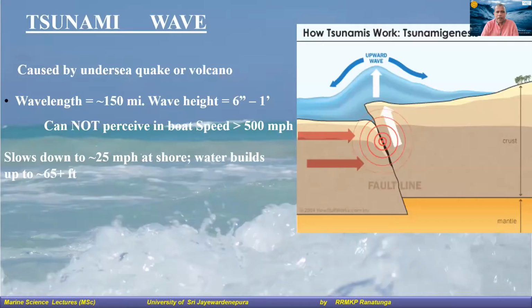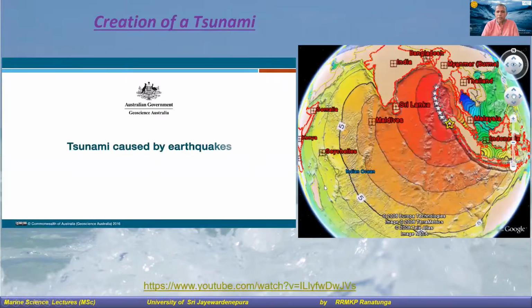Besides rip currents and the other localized currents, there is the tsunami, which you already know. I don't want to go into much detail, but tsunamis are again an extremely dangerous type of wave. They are called tsunami waves, right? They can be caused mainly by underwater earthquakes or volcanic activities, or as we know, some divergent or convergent plate boundaries can cause this kind of tsunami situation, just like what happened in the Indian Ocean tsunami.